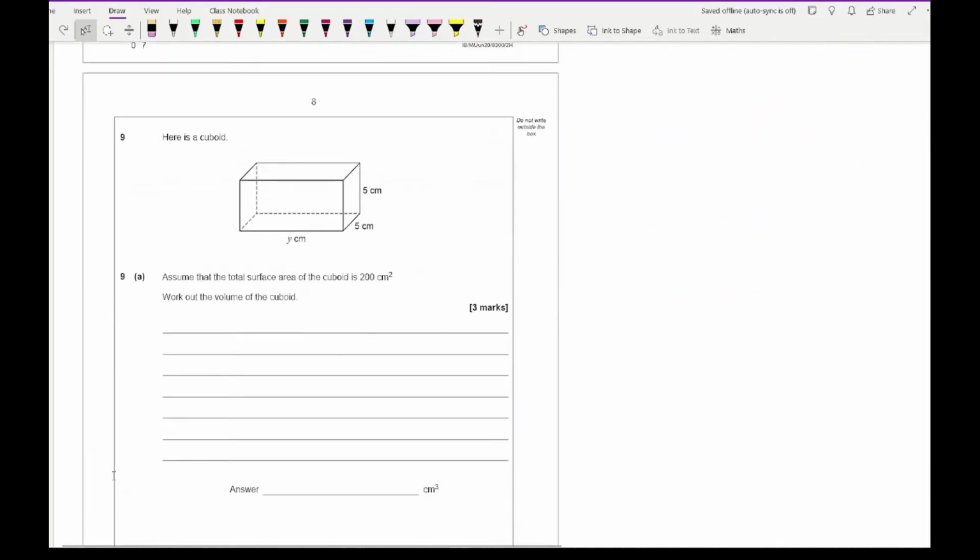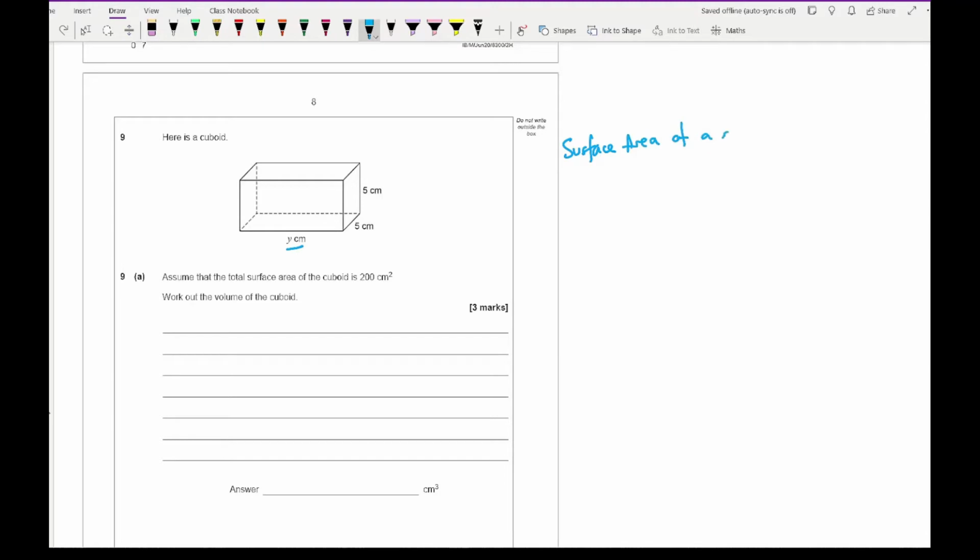Moving on to question 9, it says here is a cuboid. Assume that the surface area of the cuboid is 200 centimeters squared. Work out the volume of the cuboid. So for this, what we need to do is, first of all, work out what y is. Now, in terms of the surface area